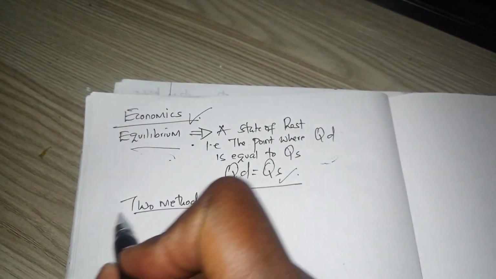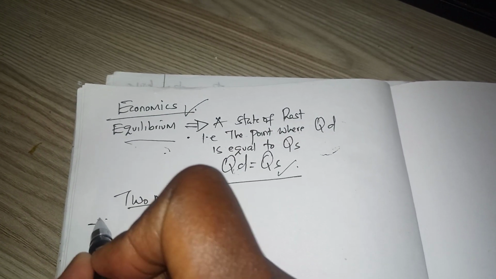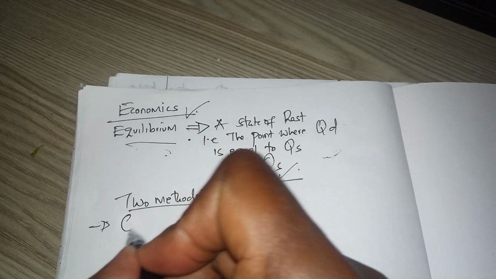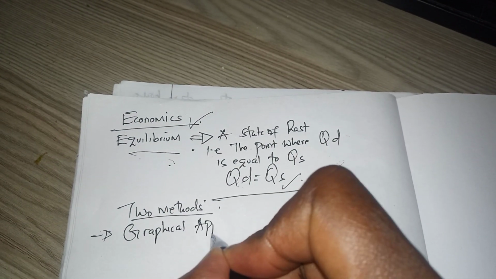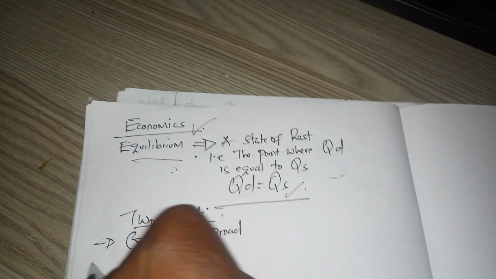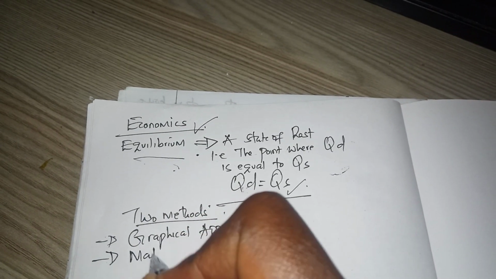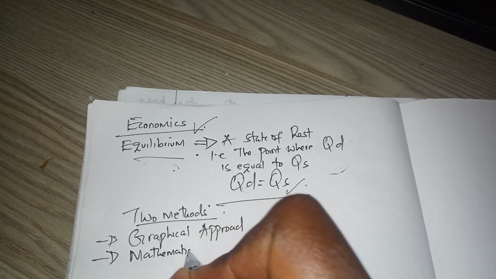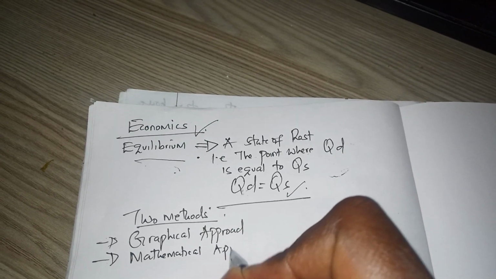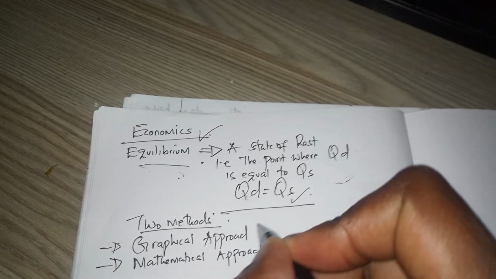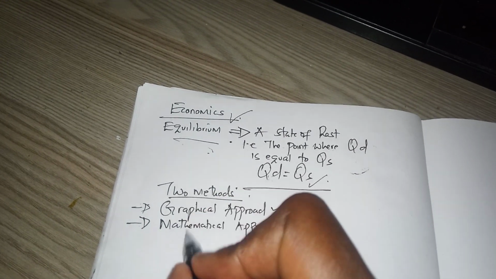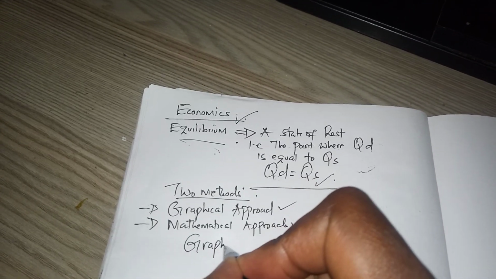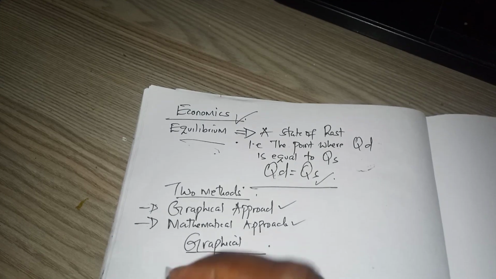And there are two methods to determine equilibrium. One is through the graphical approach, and the other one is the mathematical approach. These are two very simple concepts. We're gonna start with the graphical approach, where we have